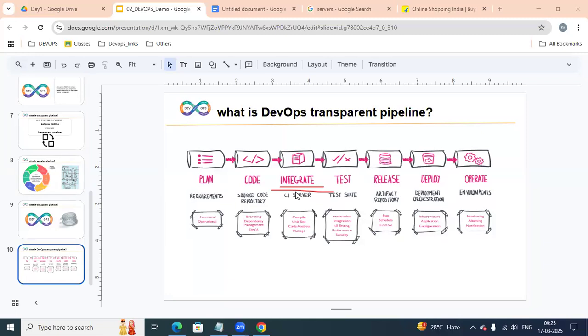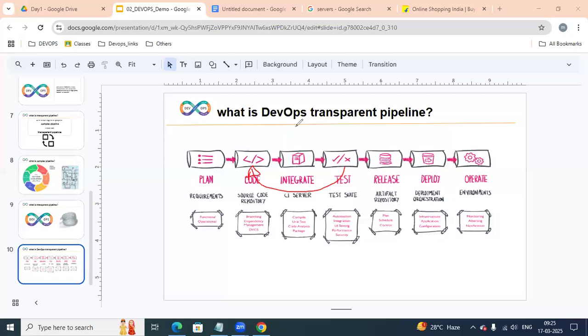Once it is integrated, whether it is working or not, our testers will write the test cases. Those test cases we are just going to integrate here. We are not writing any test cases; we are just integrating what is written by testers. Once they execute, if a test case throws an error, it is automatically redirected back to the developer.